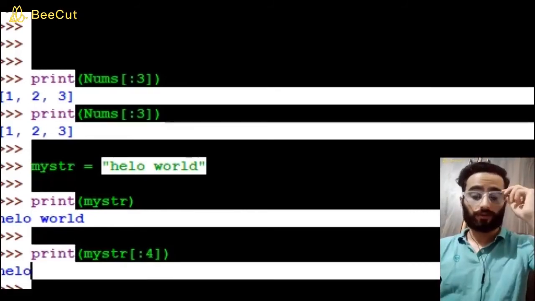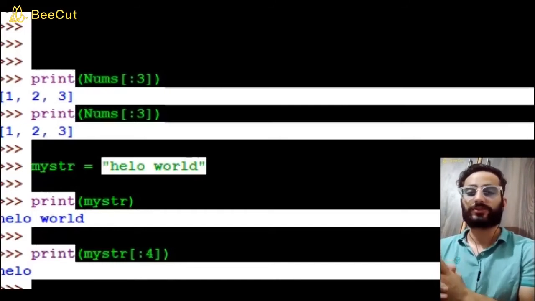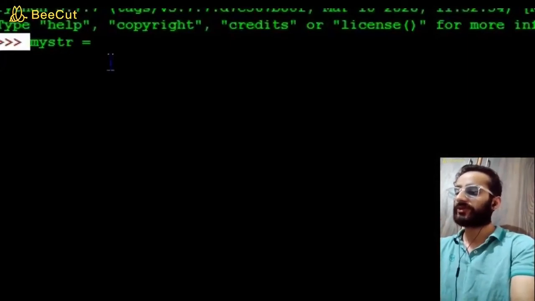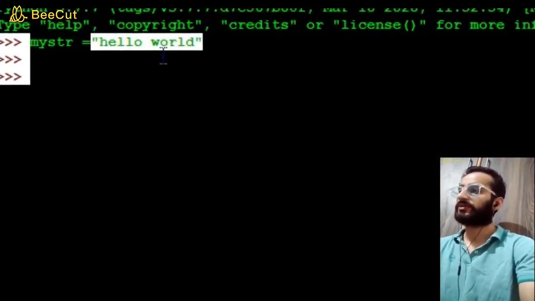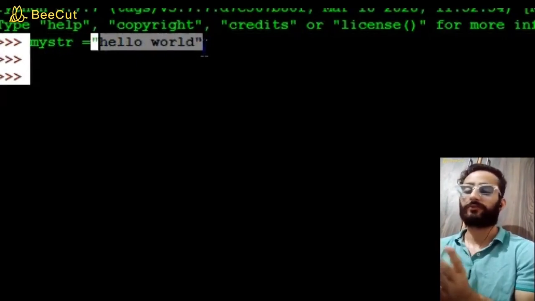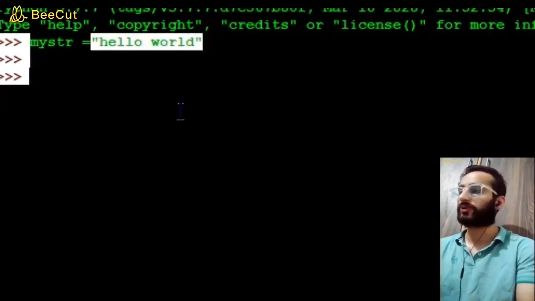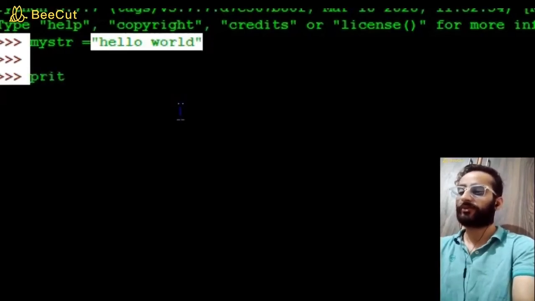Yeah, so I forgot one thing to tell you about this slicing. ये slicing का एक very important operation है, that is we can use slicing to reverse a string or a list. How do you do that? Just check it out. Suppose हमारे पास string है, my string equals hello world. Alright, so हमारे पास एक string है, my string, which has the value hello world. So what we want to do is reverse this string. Each and every alphabet should be printed in reverse order. So for that हम use करेंगे the same slicing technique. How will we do that? Print